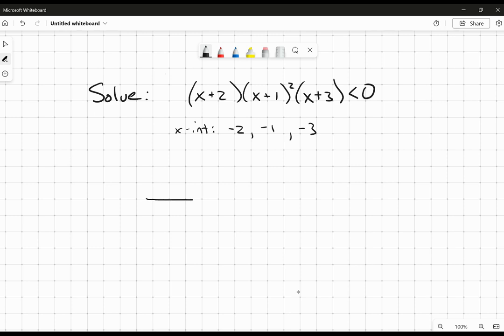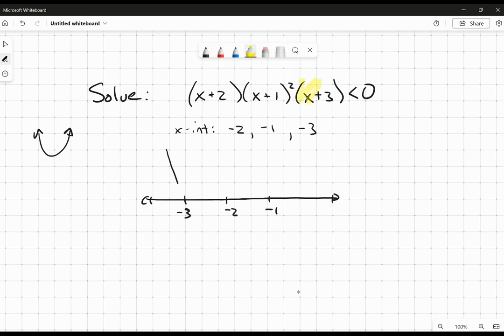Okay, so if I was to draw that out on our number line here, we'll put these in order: -3, -2, -1. Now let's take a look at what the graph is going to look like. This polynomial is a quartic. It's going to have a positive leading coefficient. If you were to multiply that all out, there's no negatives popping up anywhere. So we're going to have a positive leading coefficient, which means it's going to have a sort of bowl shape. It's going to open up. So the graph is going to come down,